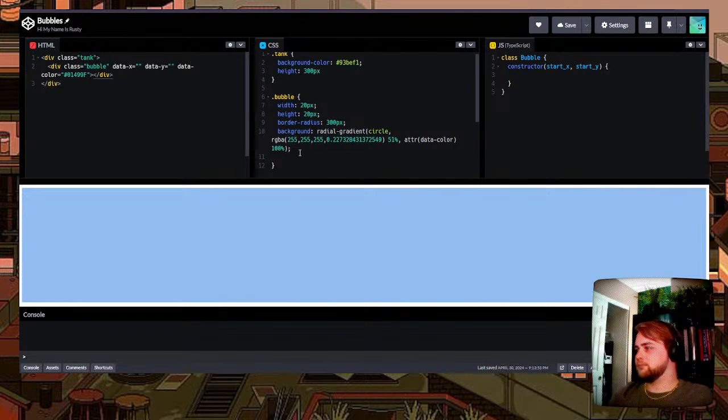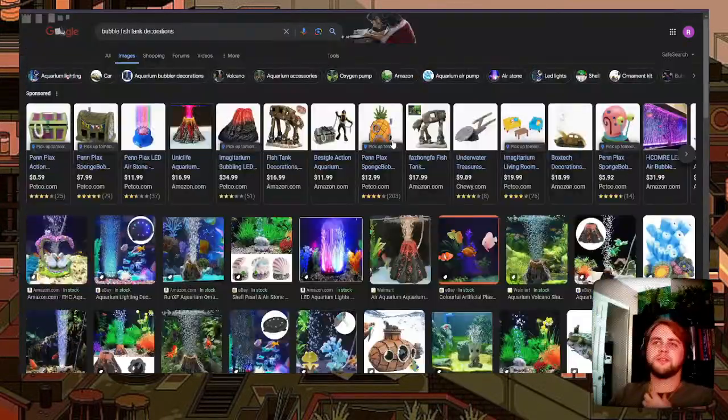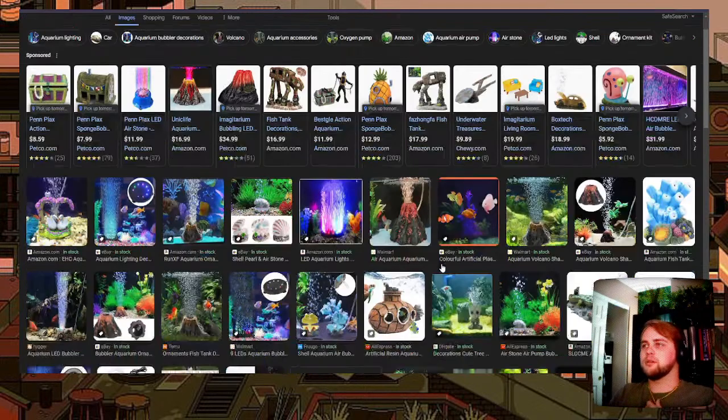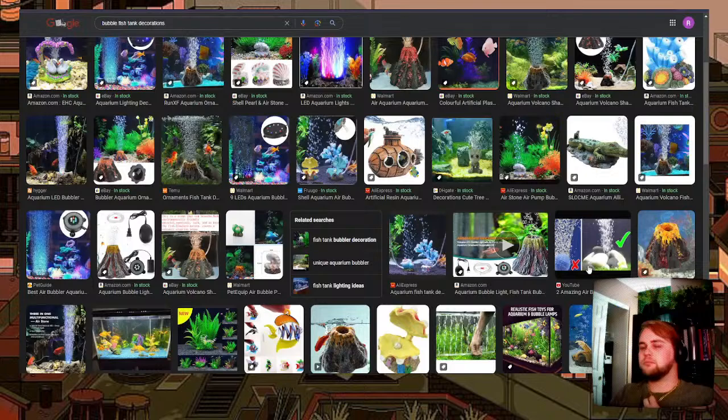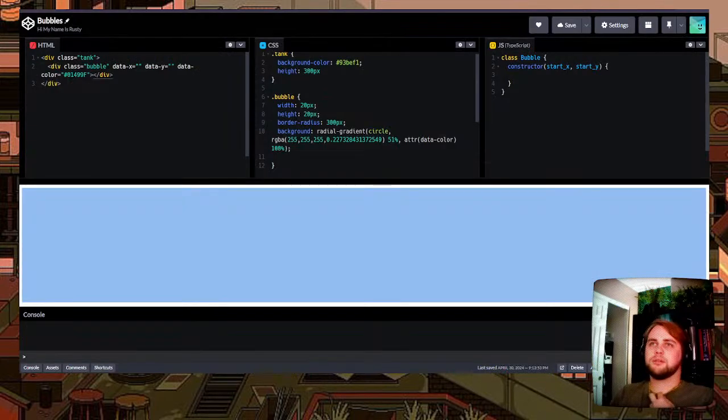So what we're trying to do is make a fish tank where we got these little volcano bubbly things, and just have your cursor as the fish, basically,